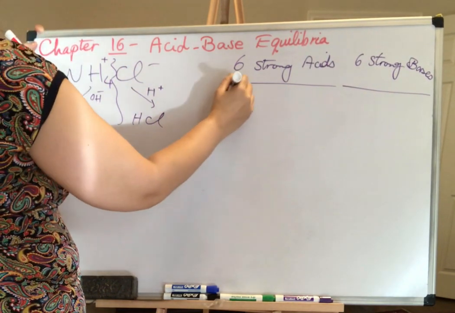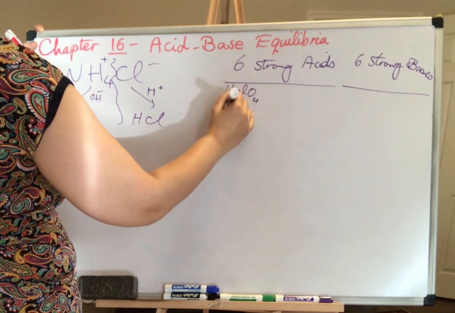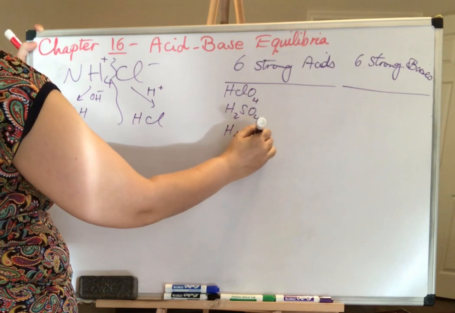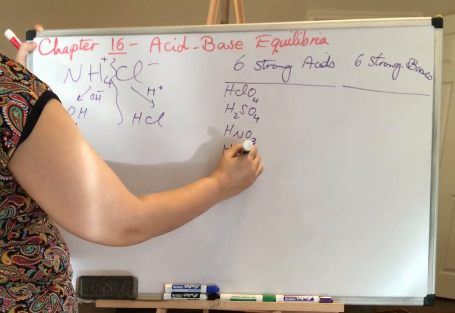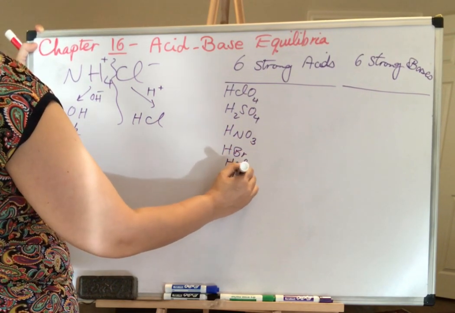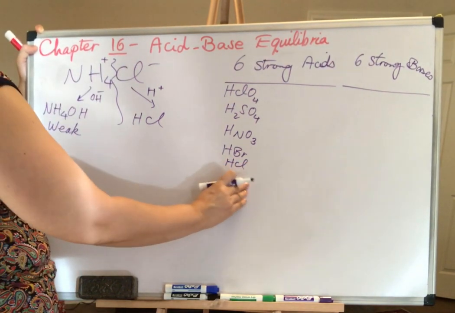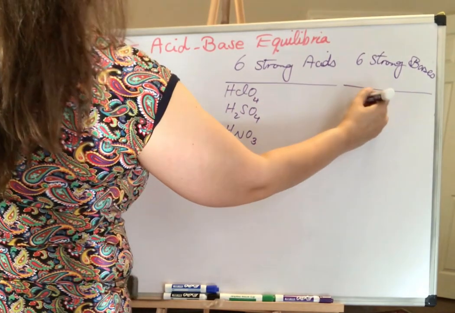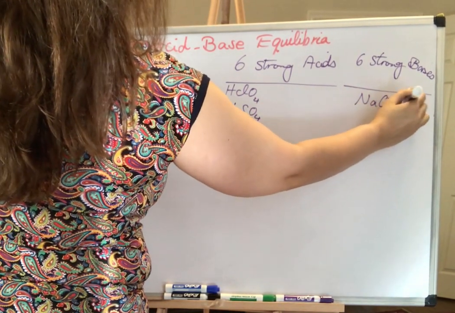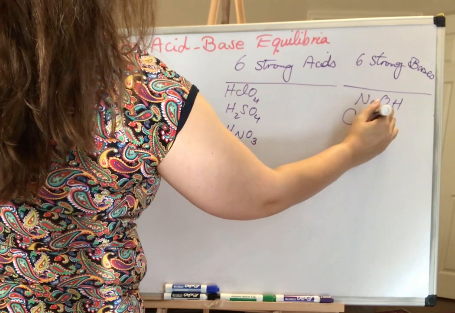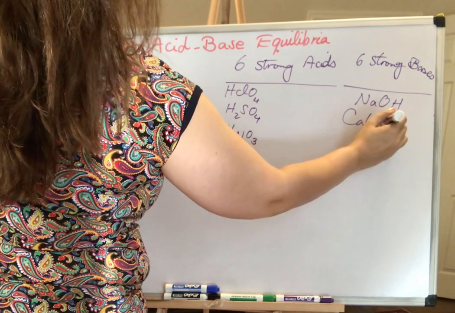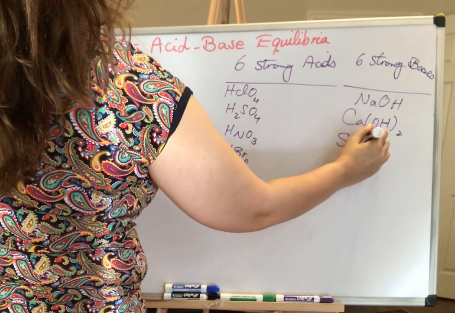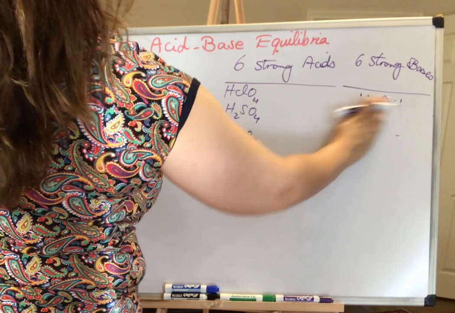The 6 strong acids are HClO4, H2SO4, HNO3, and then HBr, HCl, and HI. Strong bases: NaOH,